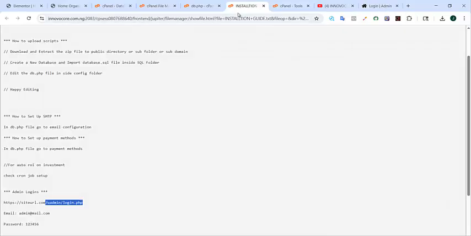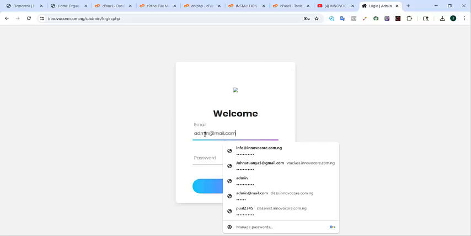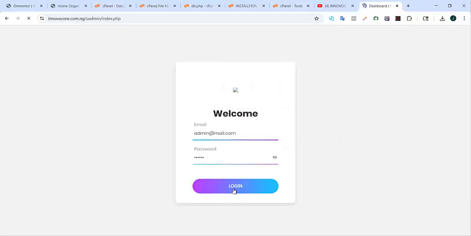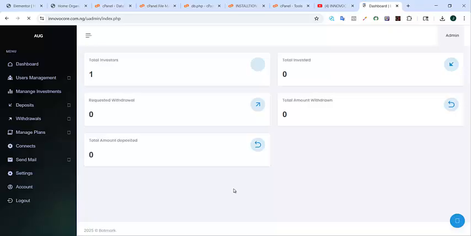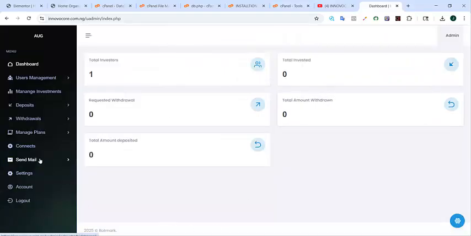So we're going to click on that installation guide again and take the email address for the admin, and the password is 123456. So we are going to input the email and input the password. Mind you, once you have the script, you can choose to change your admin email and your admin password to the one you want, your favorite admin email and admin password. So over here is the dashboard